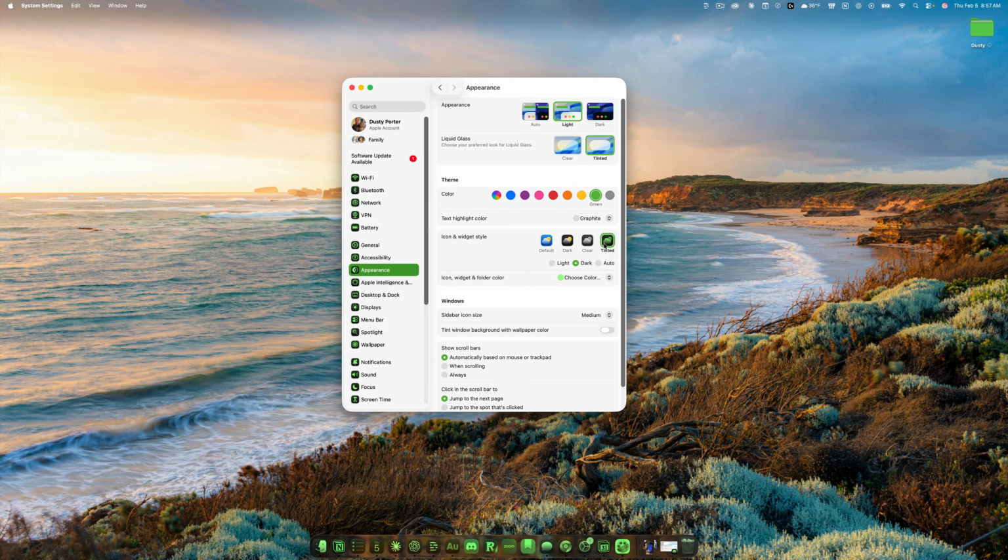We go to Tinted here, as you can see, and the tinted color right now is green. But right here where it says Choose Color, under Icon, Widget, and Folder Color, go to the drop-down menu and you can choose between red, orange, yellow, and all of these colors here. So I can give it a blue tint, as you can see here, and it's not just these apps